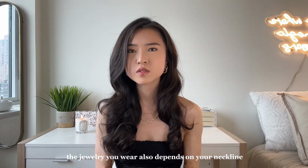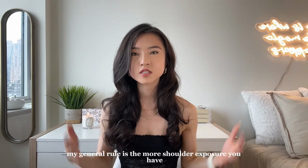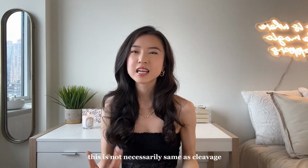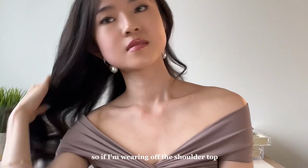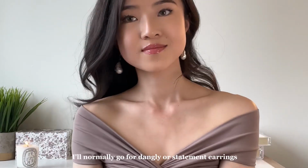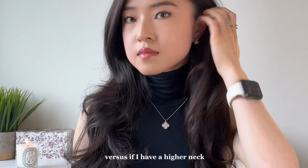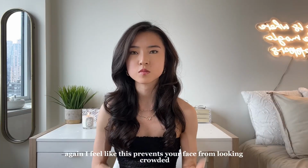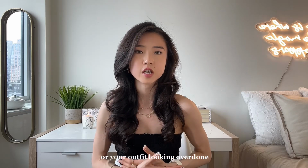The jewelry you wear also depends on your neckline. My general rule is the more shoulder exposure you have, the longer of length earrings that you can choose. This is not necessarily the same as cleavage, so if I'm wearing an off-the-shoulder top, I'll normally go for dangly or statement earrings, whereas if I have a higher neck, I tend to wear shorter earrings or smaller hoops. Again, I feel like this prevents your face from looking crowded or your outfit looking overdone,